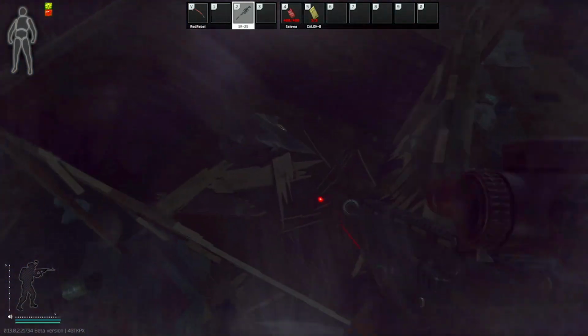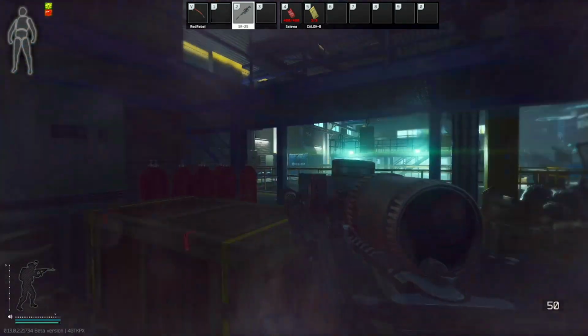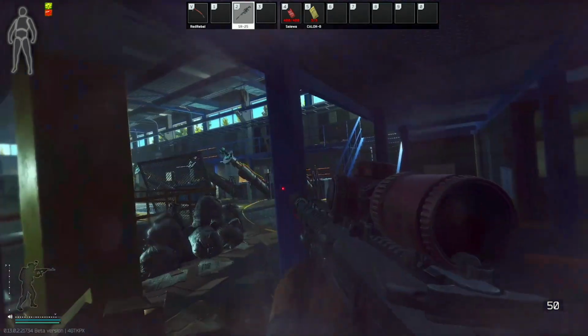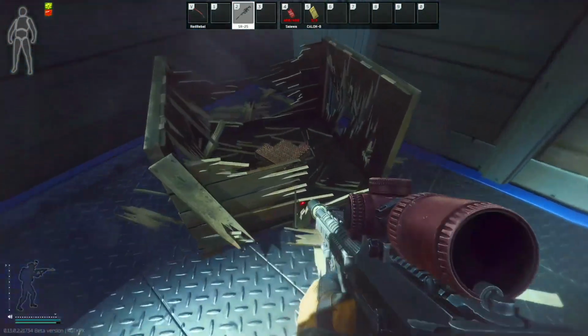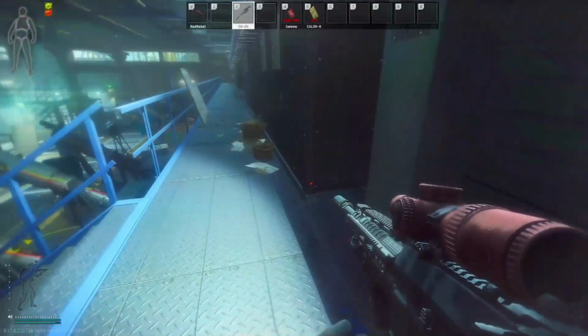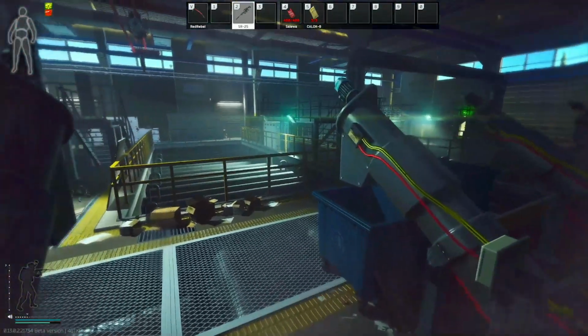You can check your normal loot spawns right there if you have the key. Oh, that's not a key, sorry. The key is right there. Run up top, check your normal loot spawns. Boom. Should have tool spawns all along that railing, but